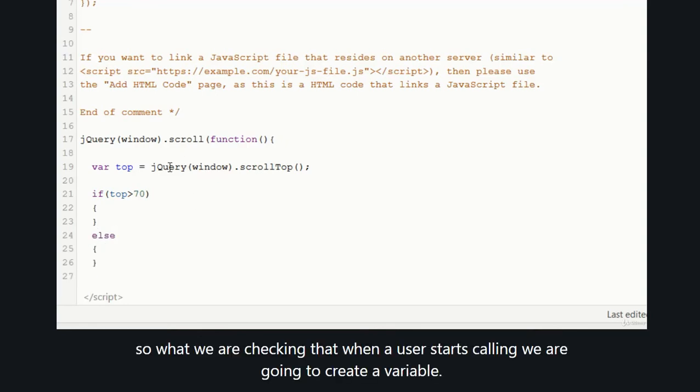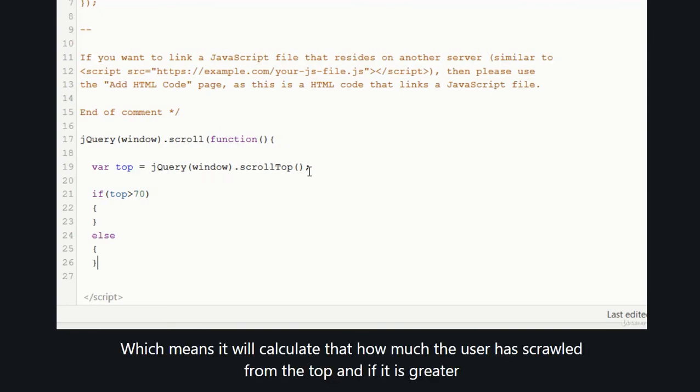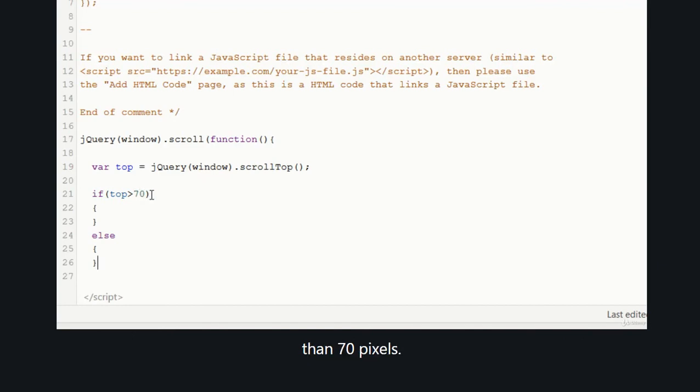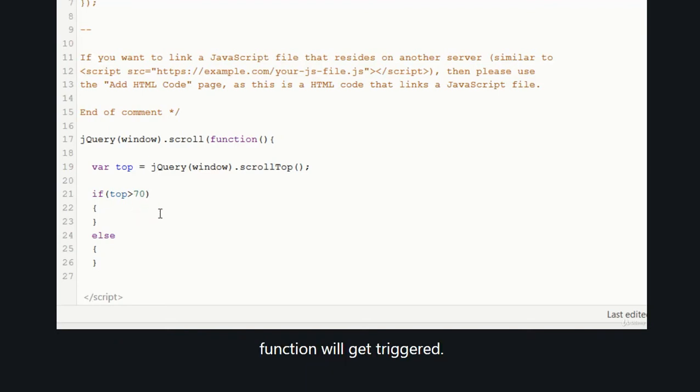So what we are checking, that when a user starts scrolling we are going to create a variable top and it will store a value. What value? jQuery window dot scroll top, which means it will calculate how much the user has scrolled from the top, and if it is greater than 70 pixels, so if a user has scrolled 71 pixels or anything greater than 70 pixels, then only this function will get triggered. All right,